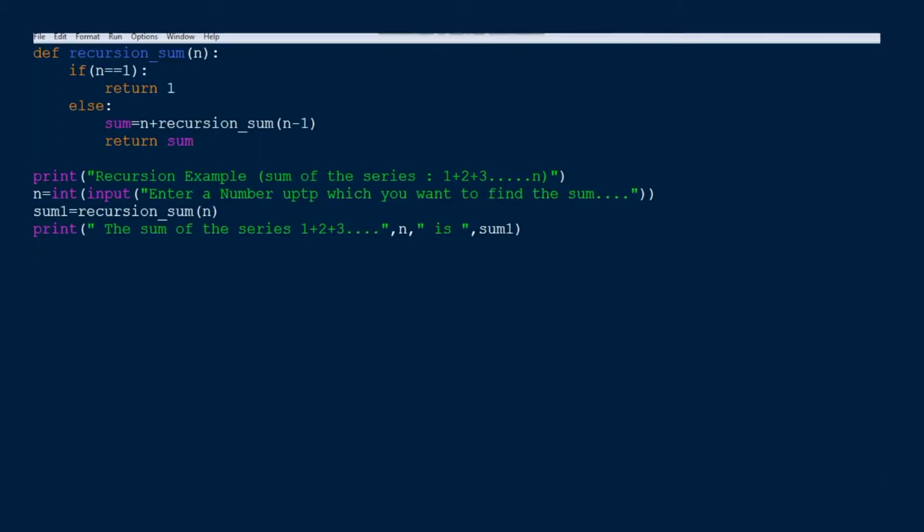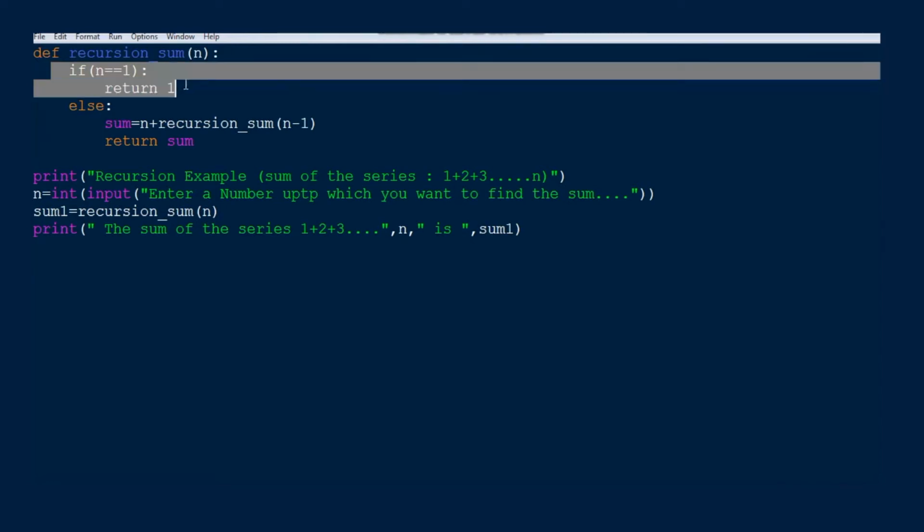So, here is an example for recursion. A function is said to be recursive if it calls itself. We call the recursion underscore sum from the caller and pass the number up to which we would like to find the sum. In the function, we have a statement that helps to avoid infinite running of the function.